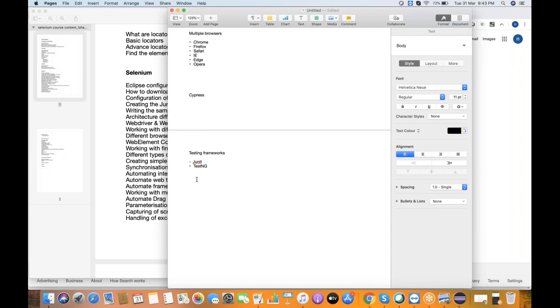Okay. If you ask me to compare and tell which one is better, obviously TestNG is better than JUnit. But again, if you have a preference, you can go with JUnit. Otherwise, I prefer TestNG. But again, it's up to you to take a call on this. No issue from my end. I can cover both, either of them. If you want to go with JUnit, we can go with JUnit. Otherwise, we can go with TestNG.